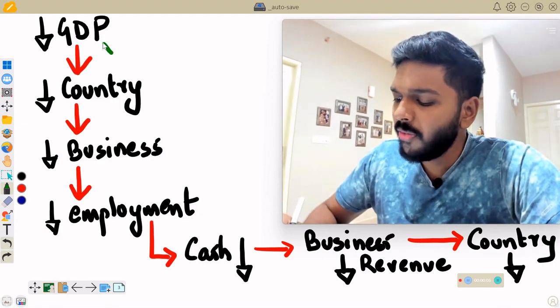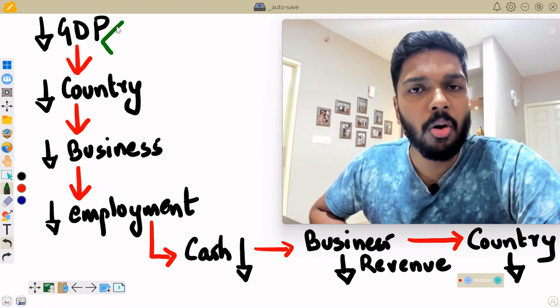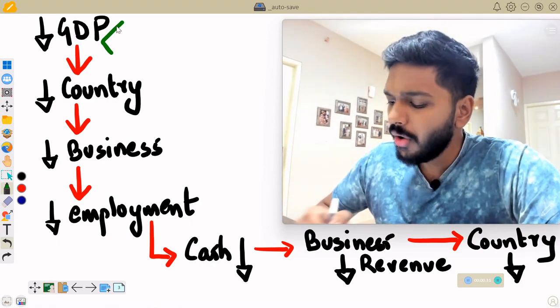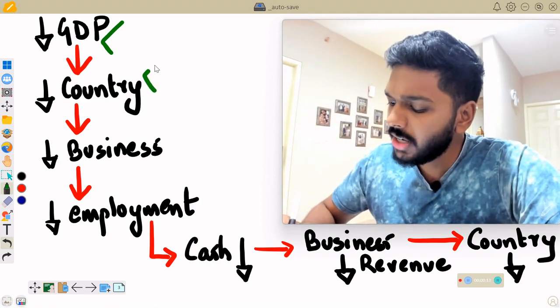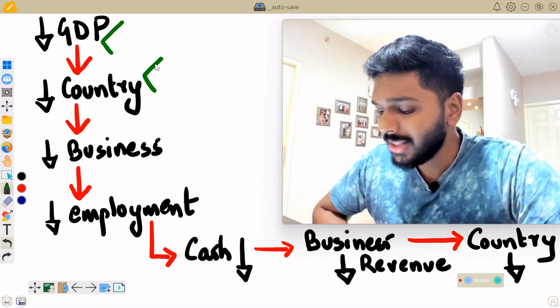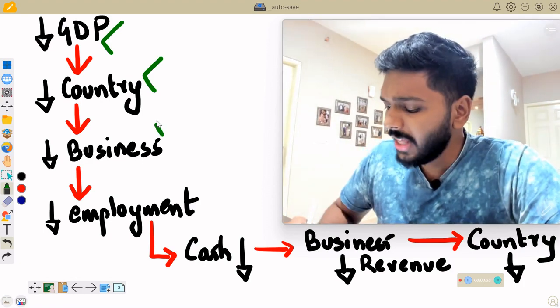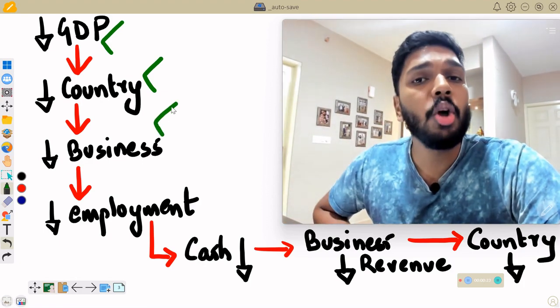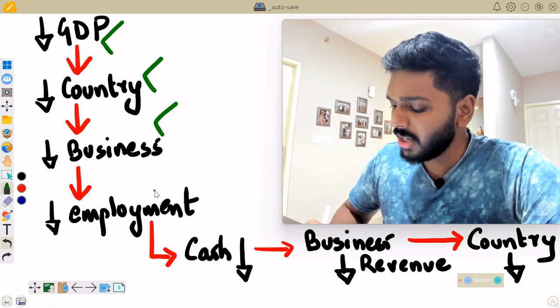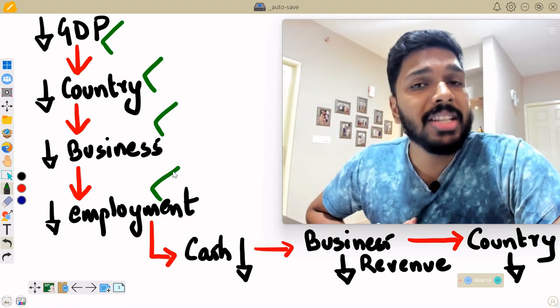Well, as discussed before, the GDP of the last two quarters become negative or indicate negative growth. Once that happens, the economy of the country starts facing problems and it goes down. Once that happens, the businesses, of course, will face issues and they will try and lay off a lot of people, and therefore unemployment kicks in because for them payroll cost is a major element in their profit and loss